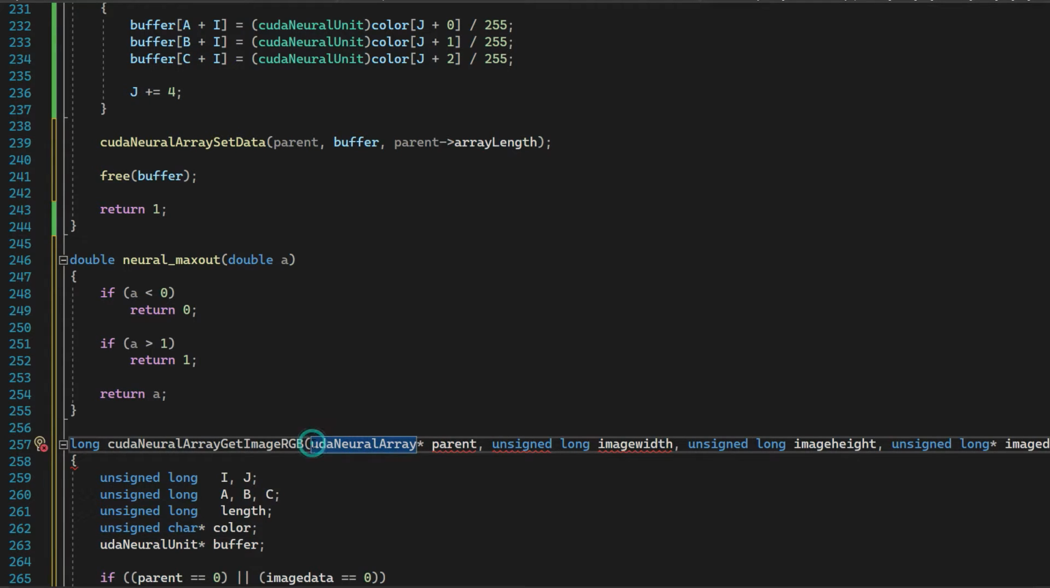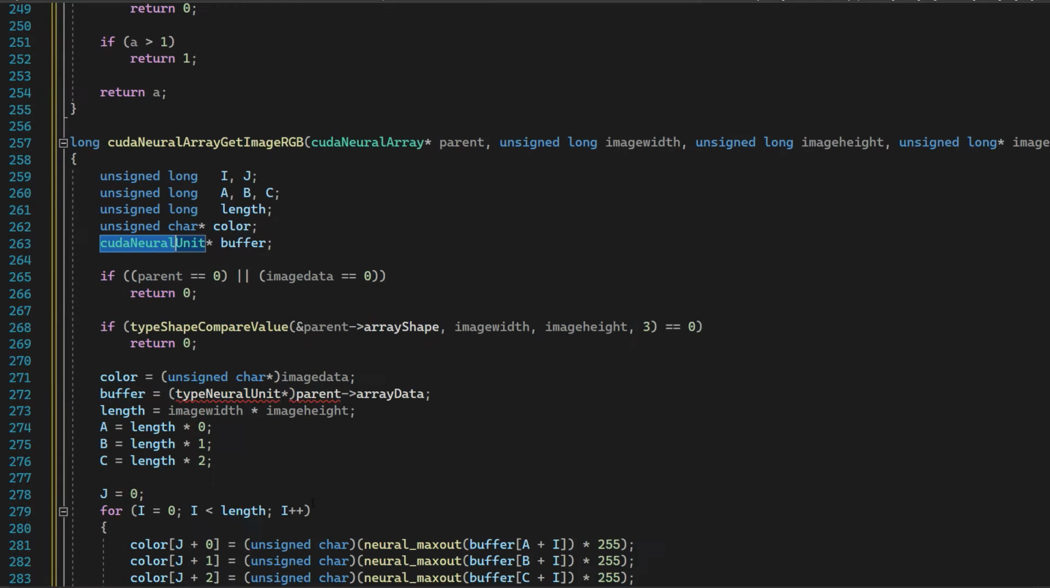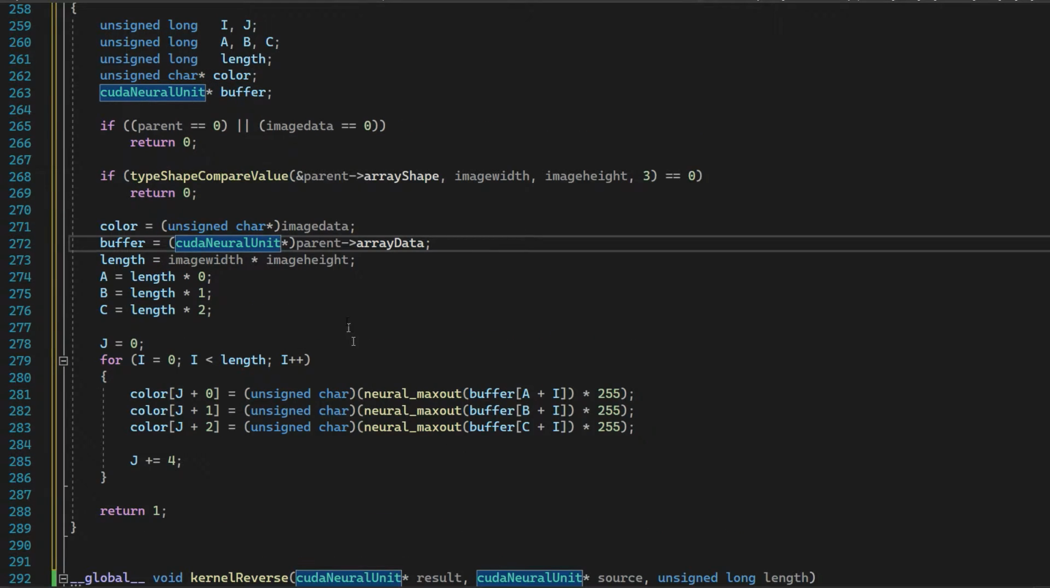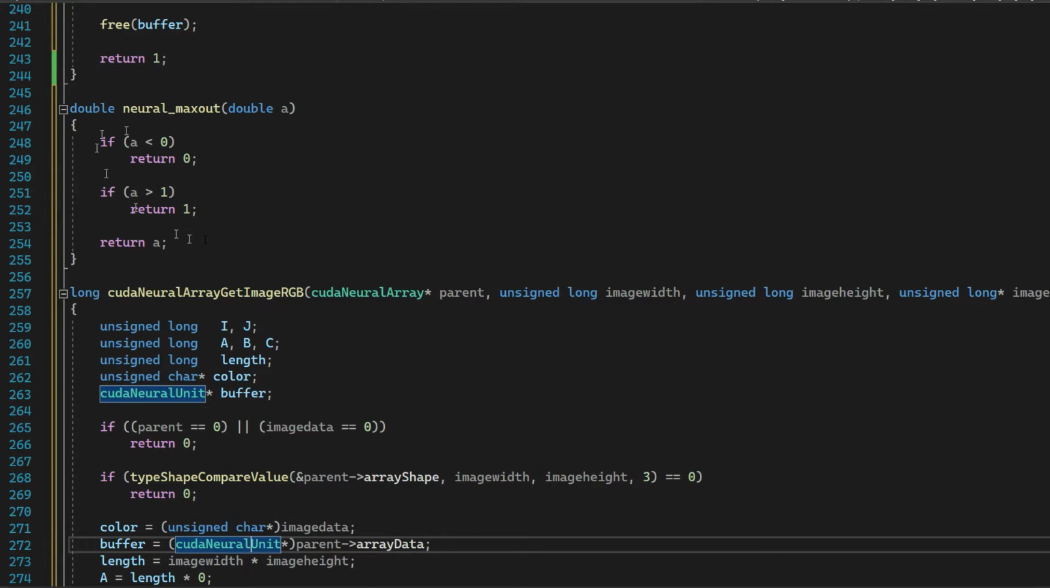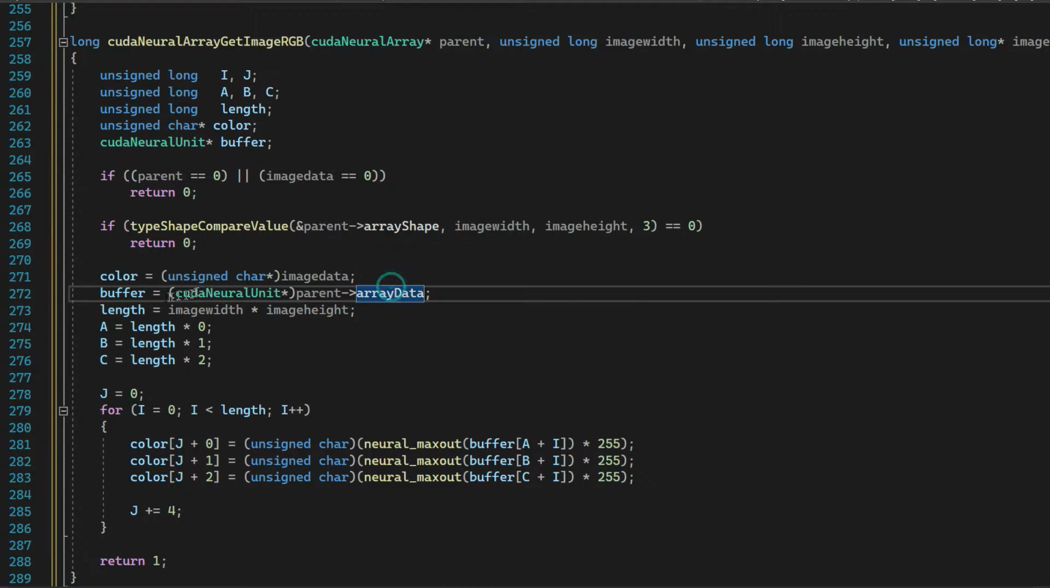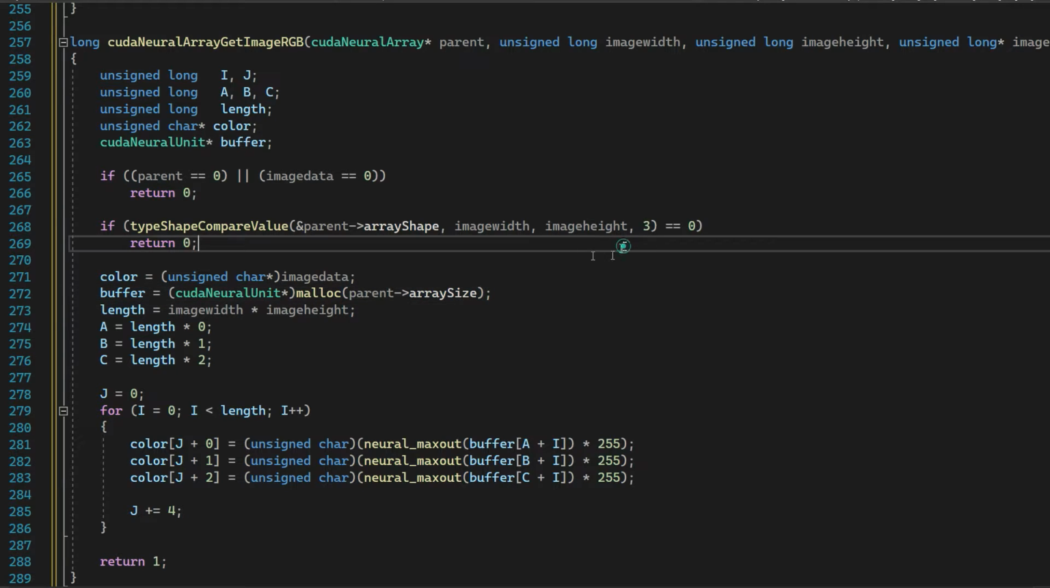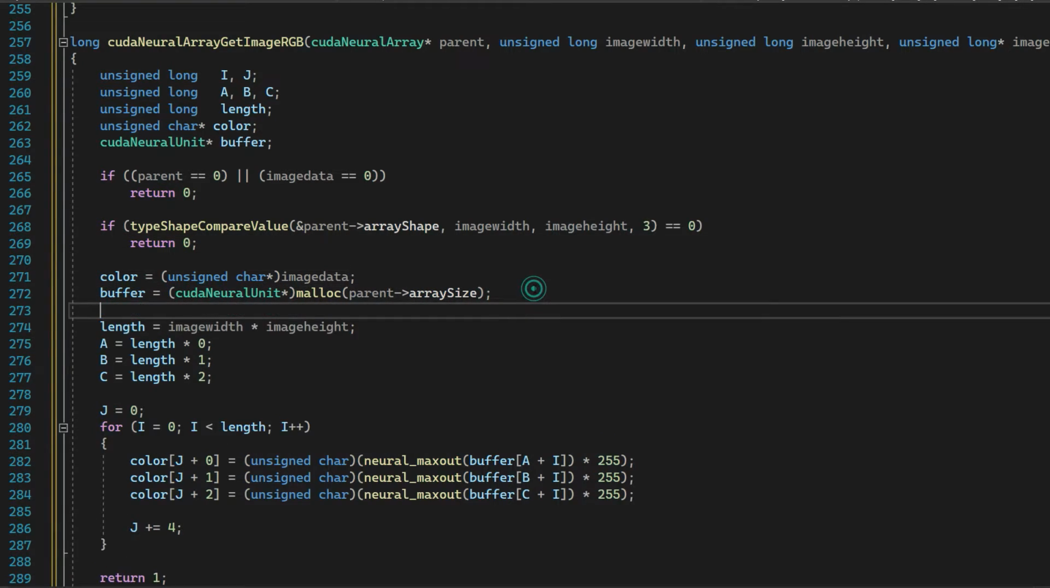Oh, no. CUDA. Whoa. Oh, that's bad. CUDA neural. Am I missing anything? Yep. CUDA neural unit parent. CUDA neural. Okay. Now, neural max out. It doesn't matter. Okay, buffer m equals malloc parent.array size. Array size. This is why I always specify the size of each array. Otherwise, we have to recalculate every time. If buffer equals 0,